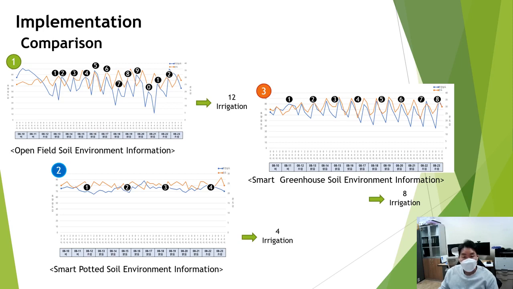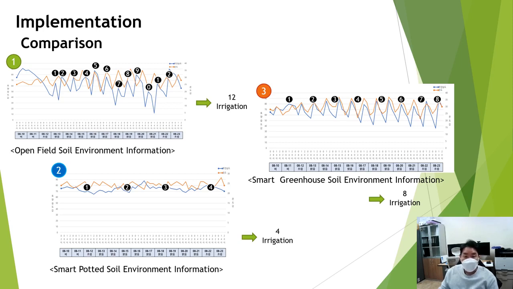In figure 2, the humidity value and temperature value of the soil measured from the sensor installed in the smart pot are not affected by the weather compared to the ground environment in figure 1.